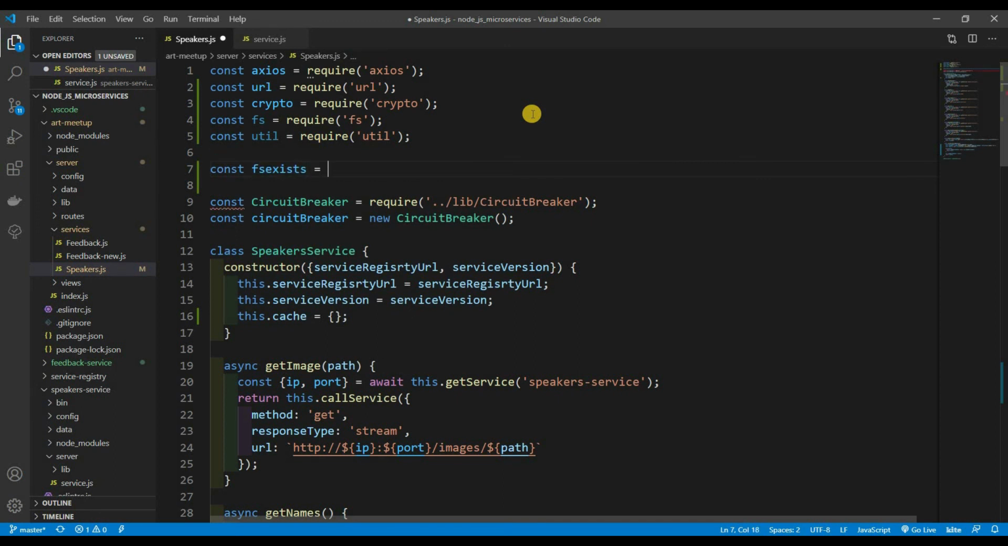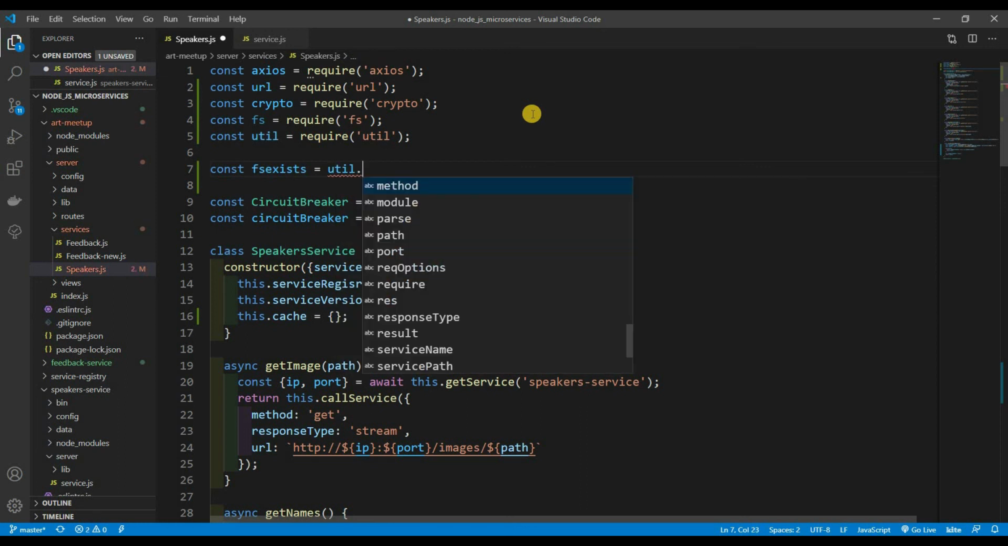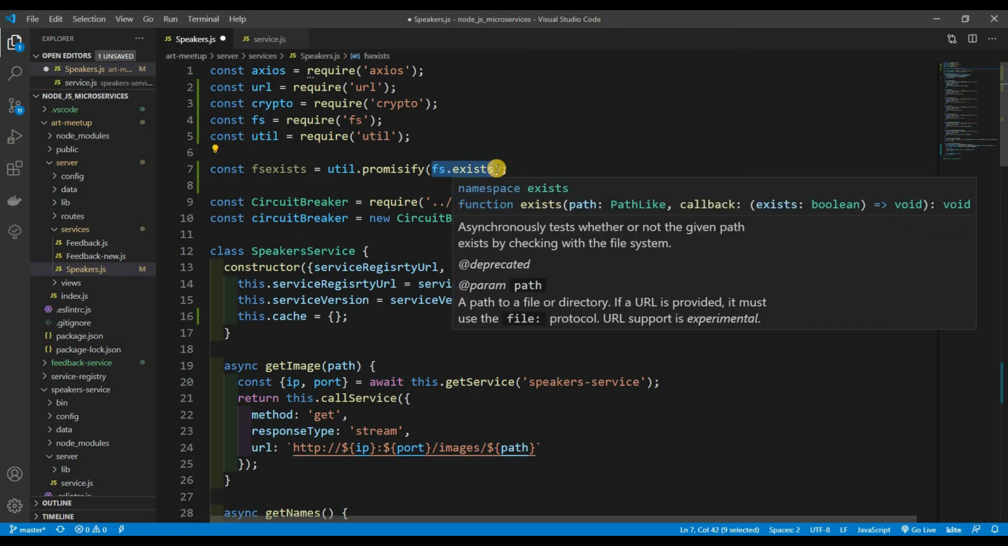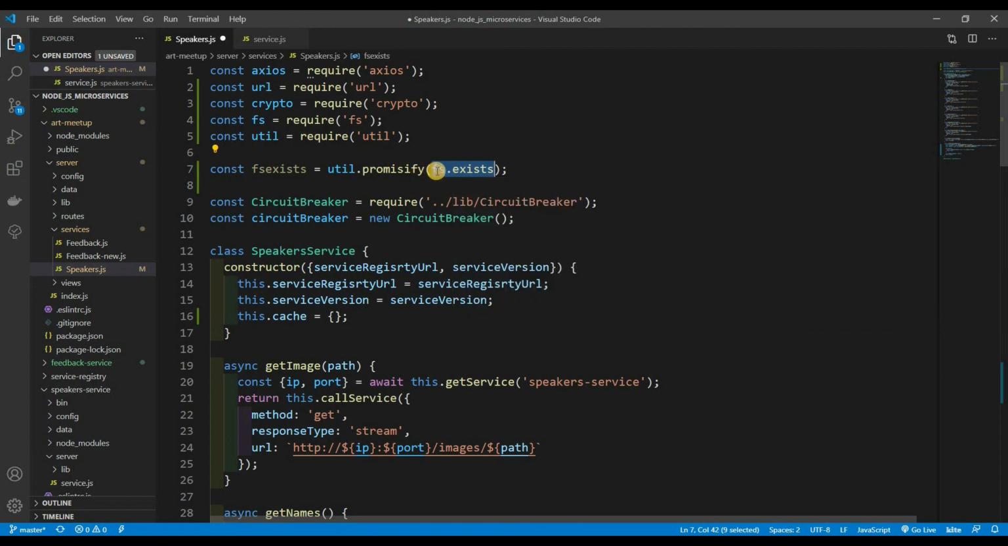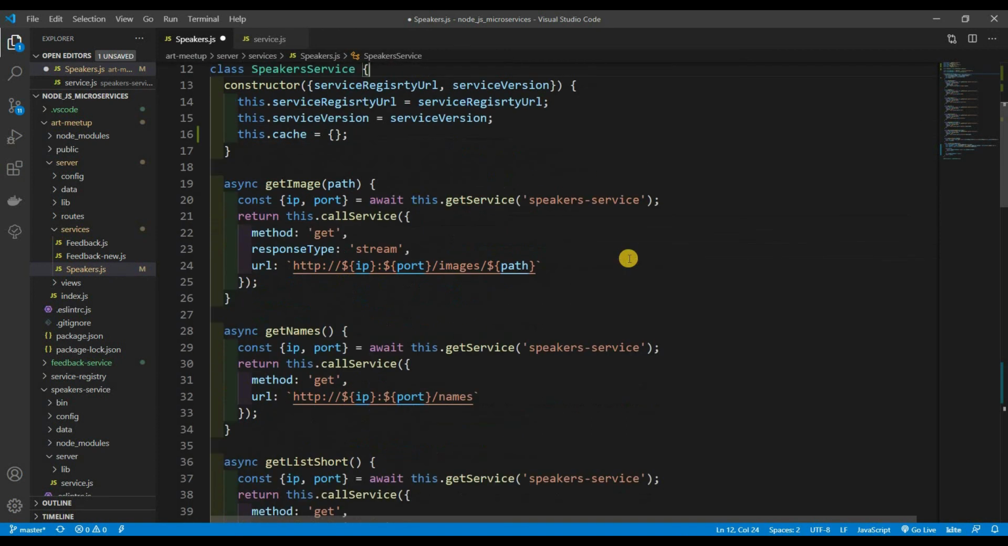exists is going to equal util.promisify fs.exists, because we're going to be using fs.exists to check if a file does exist or not. It's not really a promise, so we're just promisifying that so that way we could use it as a promise. All right, so going down below,